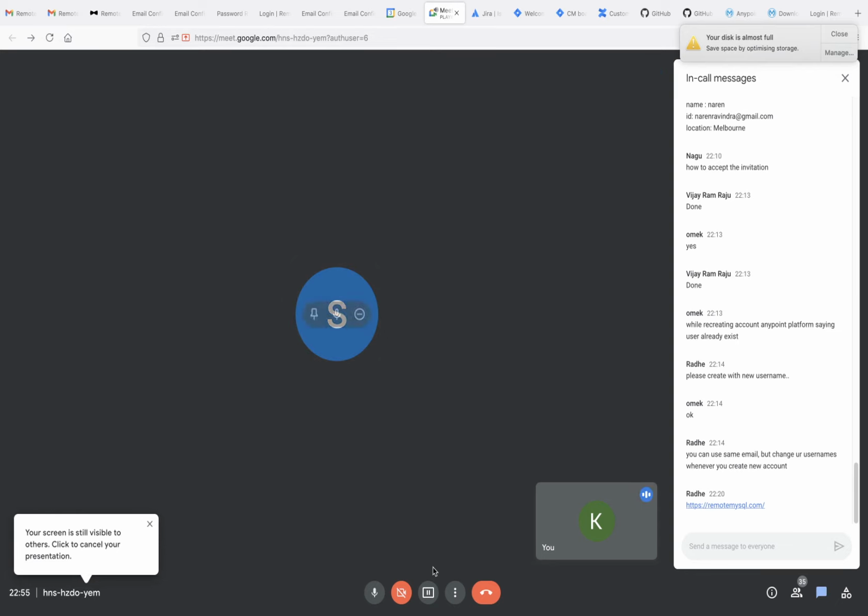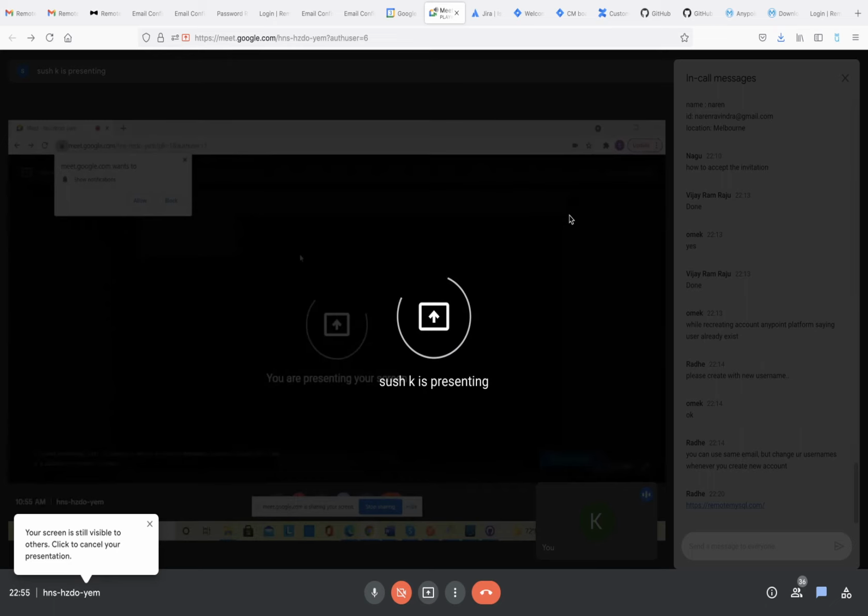Okay, ideally it should not happen. In the drop down you will get share entire window. Select that option. Oh, it's loading.